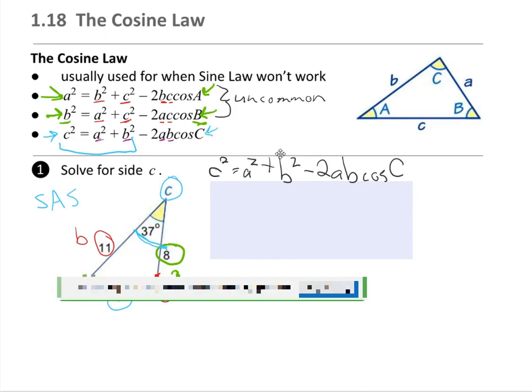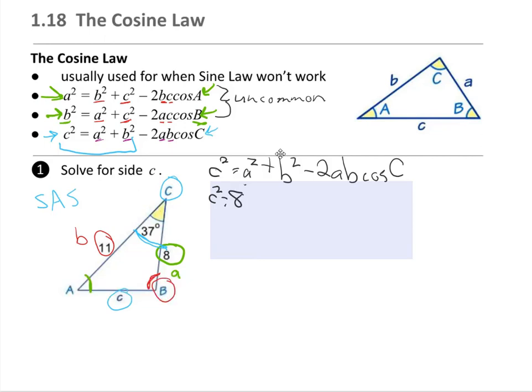And then we're going to start subbing stuff in. So then we'll end up with c squared equals 8 squared, because that's what a is, it's 8, plus our b squared, so our b is 11, minus 2, and then we sub in our values. I'm going to put them in brackets just to avoid confusion. 8, and then 11, and then cos, and then our C value, capital C is always the angle,